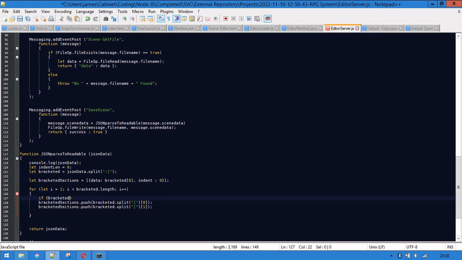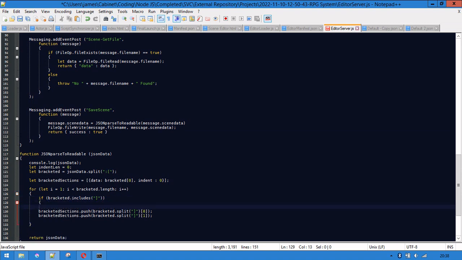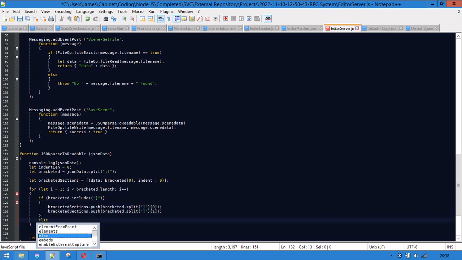if bracketed dot includes this close bracket, then we're going to go and do everything that we've got here. If not, I'm going to just skip this and we're just going to push the bracketed,